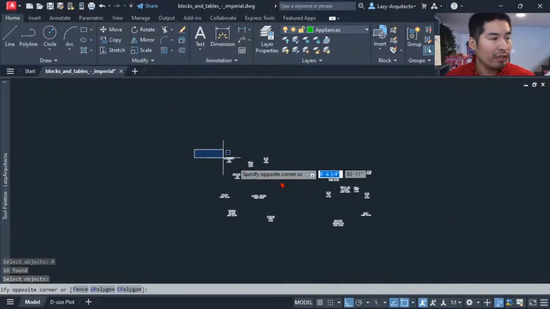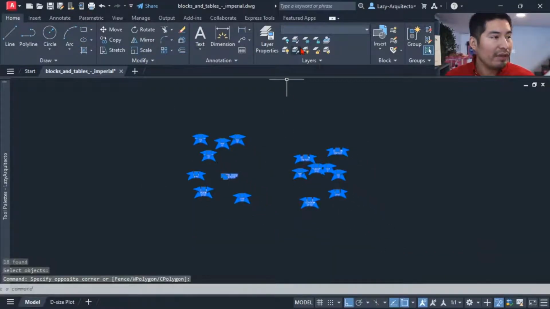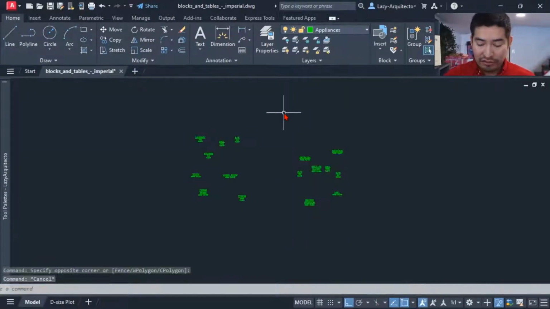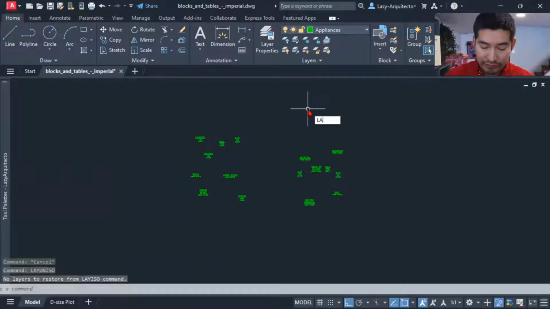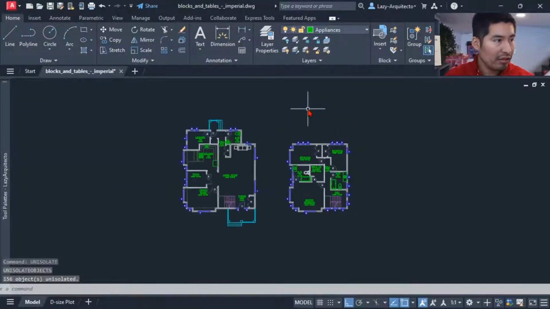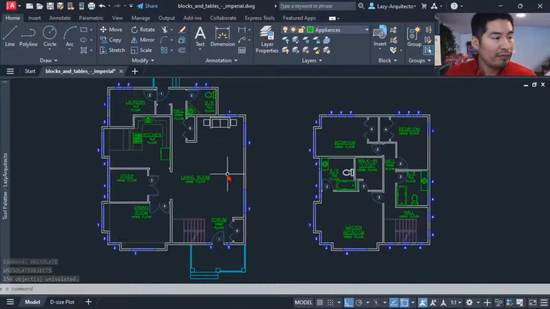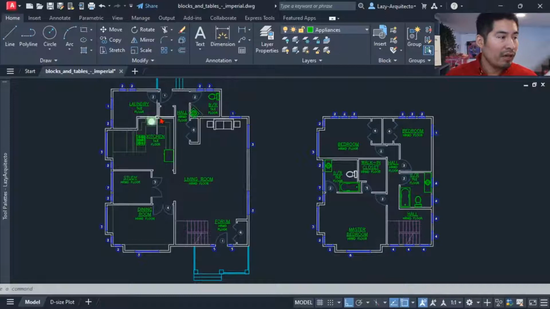Now we can quickly edit our text, for instance, changing to a different layer. That way we can unisolate it and isolate. So this way we can have more flexibility of editing all our text like so, right?